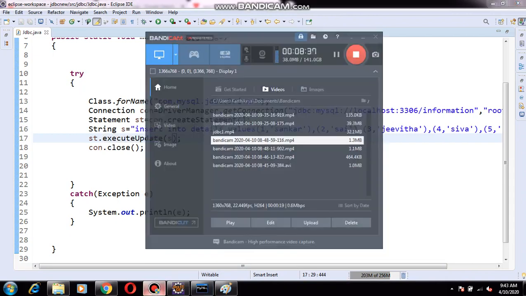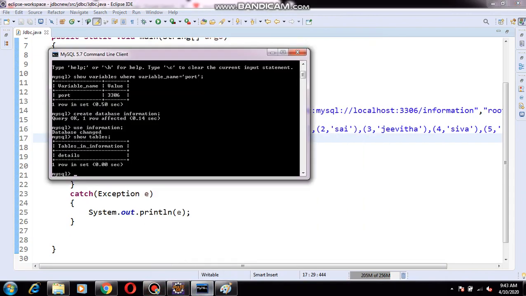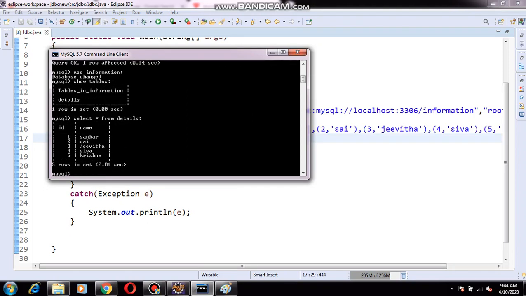Happily I can go and give select star from, and the table name is details. Whatever details we have given, it is going to update here.